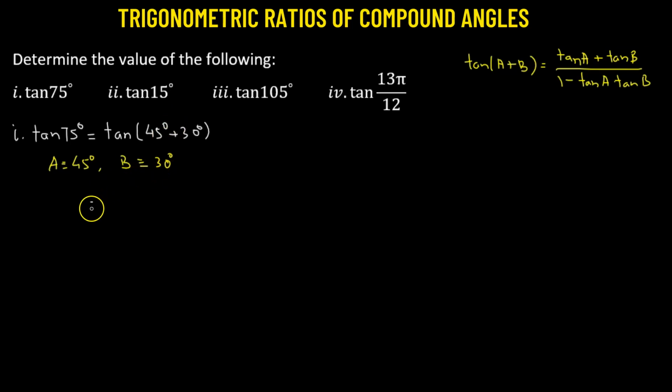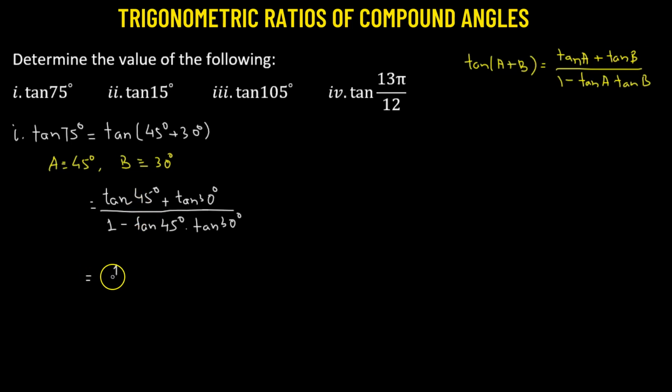then in that case we can expand tangent of 45 degrees plus 30 degrees as tangent of 45 degrees added to tangent of 30 degrees whole divided by, we have 1 minus tangent of 45 degrees times tangent of 30 degrees. Right. Now we have the standard value for tangent 45 degrees. So tangent 45 degree has a value of 1. Tangent 30 degree, that has a standard value of 1 over square root of 3